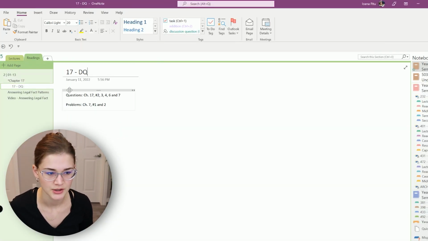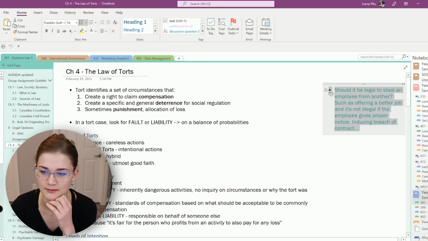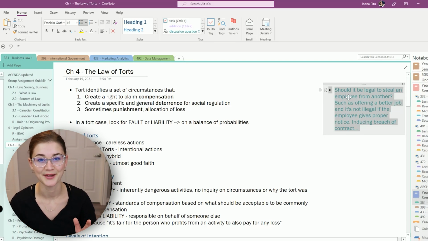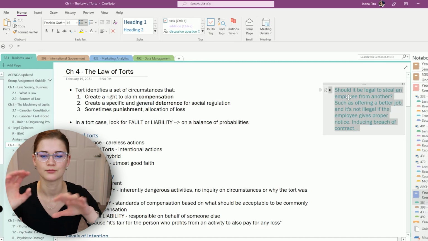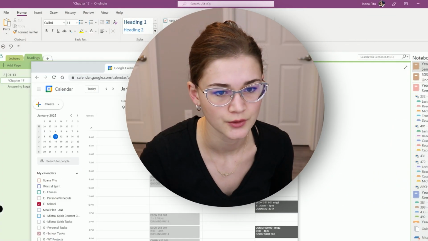So I think I'll actually put it right under here. The discussion questions will probably be sort of like this on the right margin of my OneNote. Another thing I love about OneNote is that you can put items anywhere on the page. Okay, so that's it for setting up the OneNote for this class, but I just want to show you Google